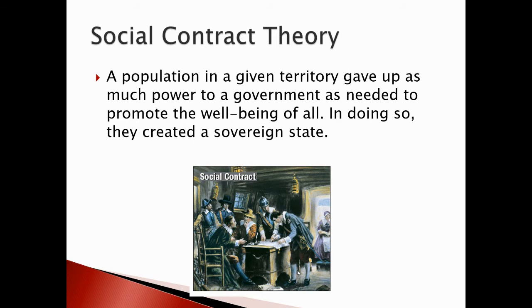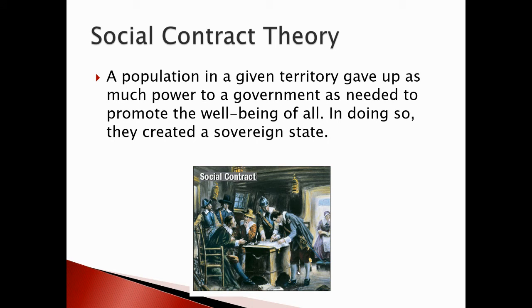The idea of the social contract rises out of many of the thinkers in Europe, especially in France. But we do end up with certain philosophers like Thomas Hobbes, who writes Leviathan, who talked about life being cruel and brutish and short without government within it. John Locke, who writes a work called Two Treatises of Government, begins to outline the idea that governments are put in place because people need to have a feeling of security, and so people will give away their liberties in order to get some security as a result.